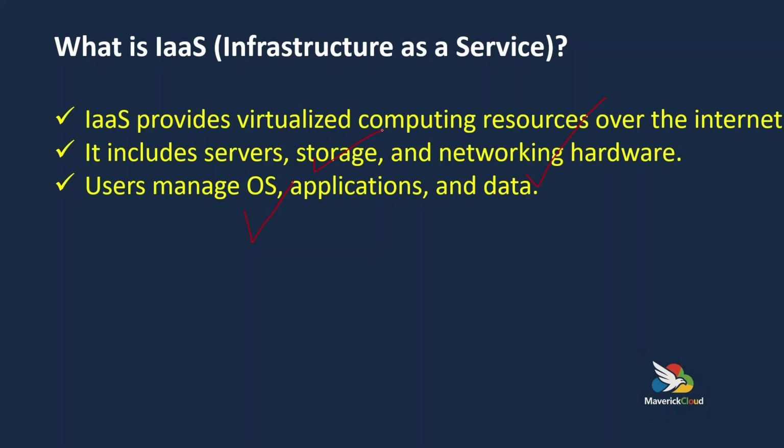Let's assume sometimes we have to make the communication secure, then we also have to make sure about the networking, like a virtual network with subnets and vnets, to make the environment more secure and to communicate over the internet as well. So those are the main things in IaaS.